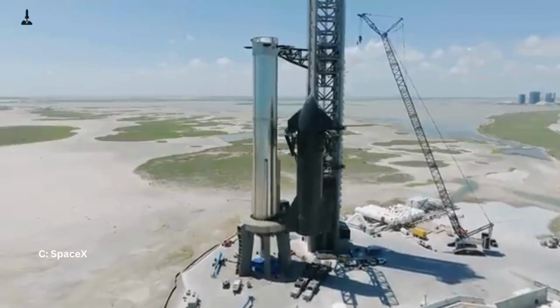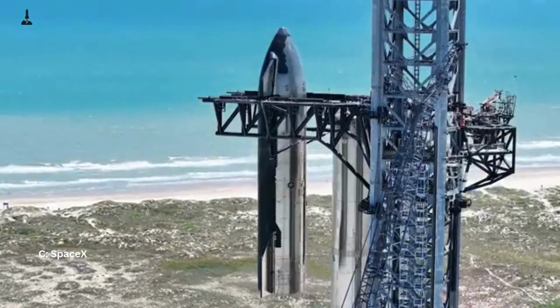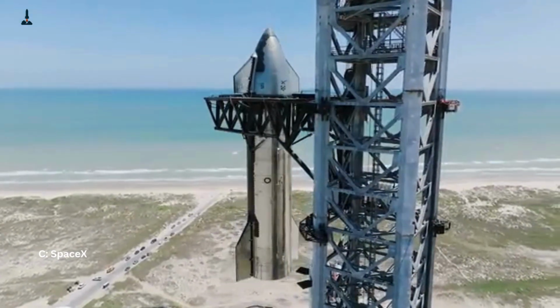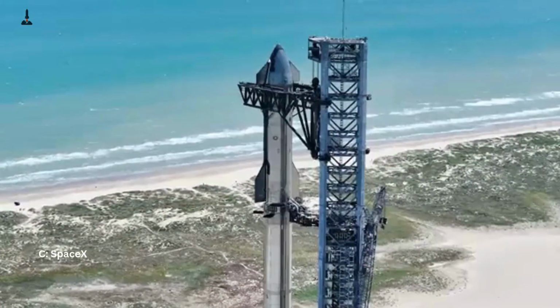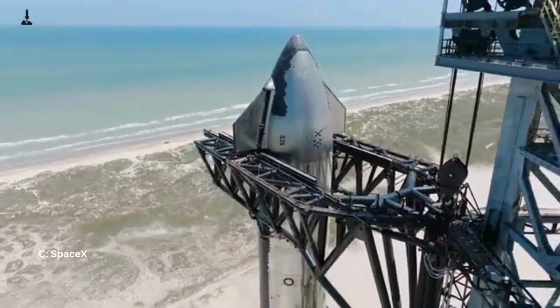Have you ever wondered what would happen if SpaceX's mighty Starship, the rocket designed to carry humans to the Moon and Mars, lost its heat shield during re-entry? Would it survive, or would it instantly disintegrate in Earth's atmosphere like a shooting star? Stick around, because today we're diving deep into the terrifying what-if scenario that could change the course of human space